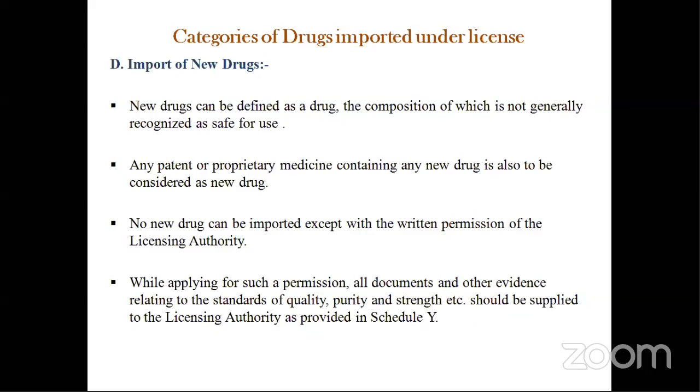So when new drugs come into the market, they are basically in a clinical trial or in the last phase of the clinical trial, like post-marketing surveillance. It means all clinical trials have been done, and only the marketing surveillance is remaining. So that kind of